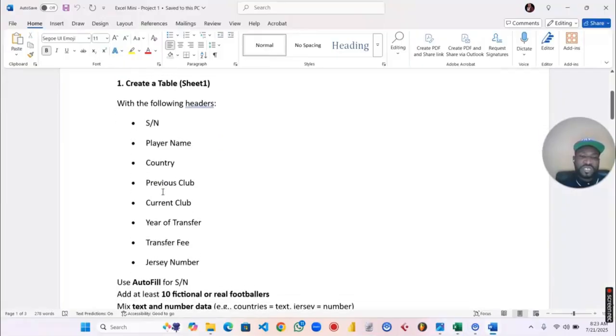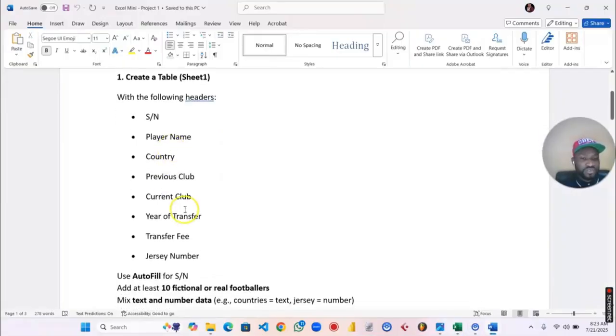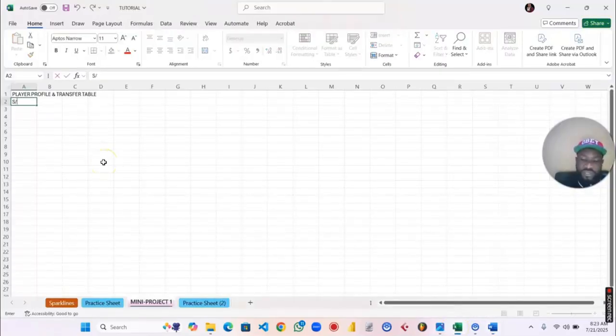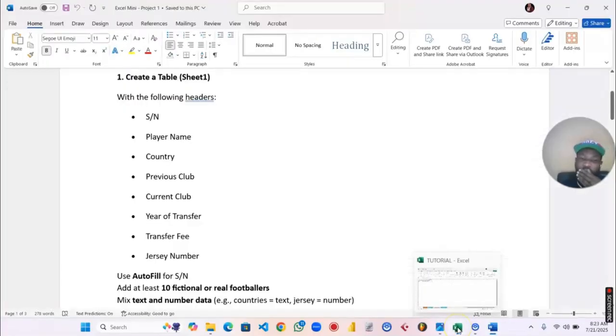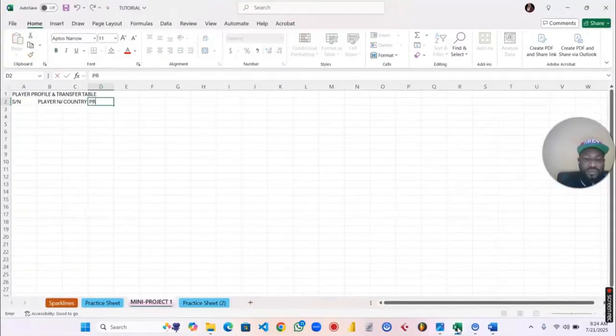Now the next instruction says we should create a table in that Sheet 1. The table should have the following headers: serial number, player name, country. So let's start from there. Serial number, player name, country. What else? Previous club, current club, year of transfer. Okay, previous club,